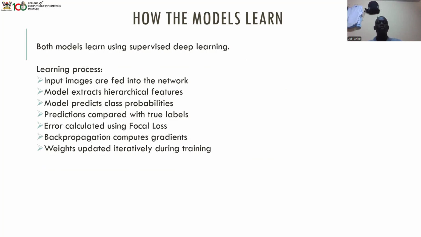The prediction is compared with the true labels. Remember, it is based on labeled data. Then the error is calculated using the focal loss. Focal loss is a modification of the standard cross-entropy loss designed to focus on hard examples and downweight